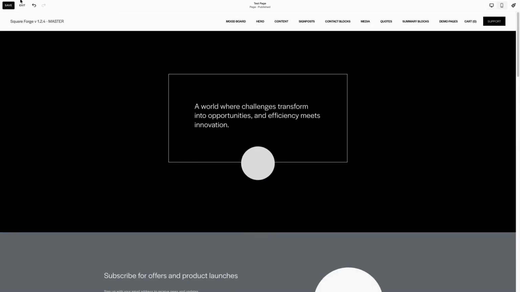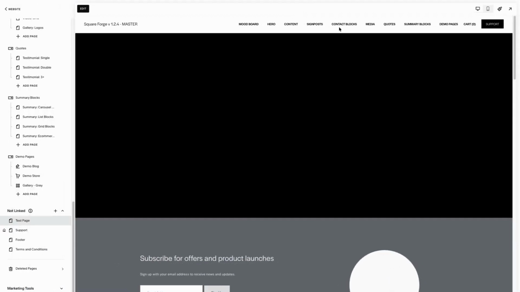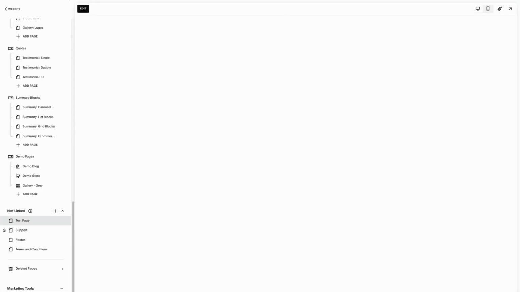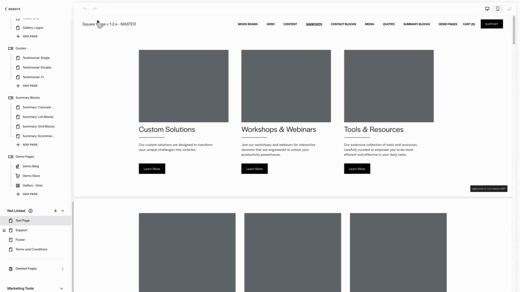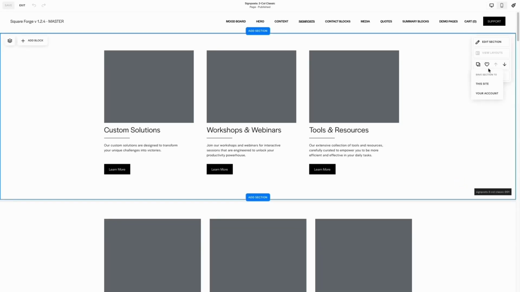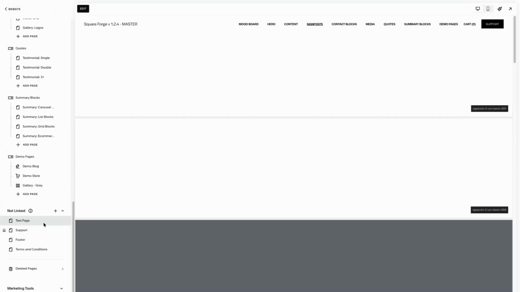So let's go through to the signposting page and find something we like. I want to have a free column signpost, free column classic. There's a load of classic free column splits on these pages, so I quite like that one straight off the bat. I'm going to go ahead and do the same. Click on save section, this site, click exit, go back to my page,